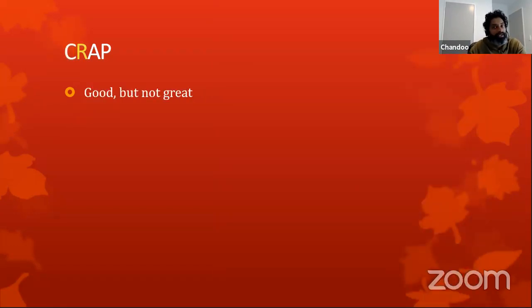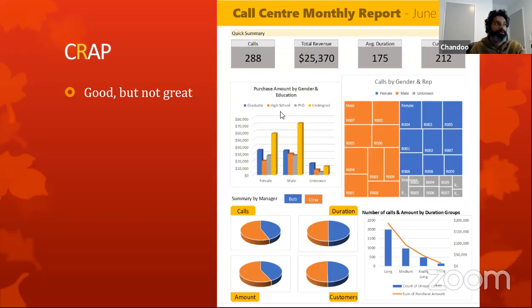The idea of repetition is we need to use same colors, same themes, same ideas throughout the report, so that users are not spending too much time learning what this color means or what this font size means. So this one has a reasonably good repetition. That means if you look at something like the number of colors used, there are only 4 colors, so it's easy on the eyes.